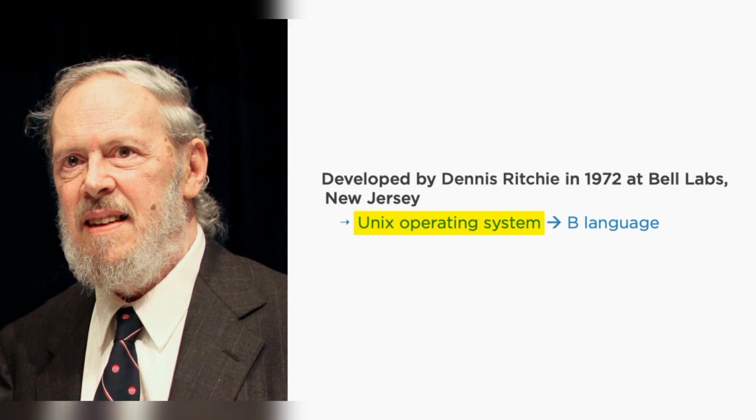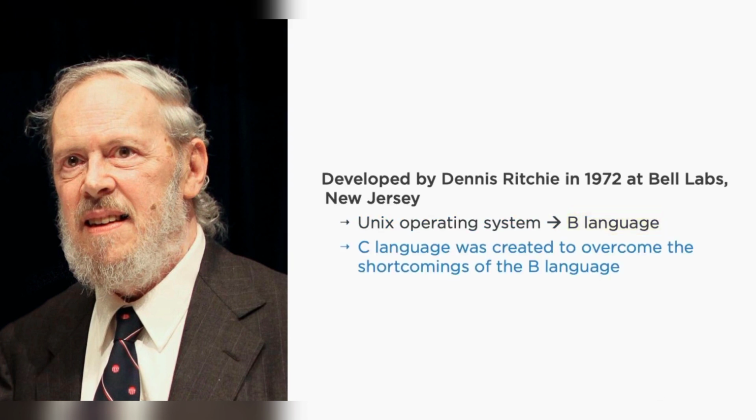And most of the components of Unix operating system were written in B programming language, which is a programming language that existed before C language. But this B language was really slow, and in terms of performance, it could not meet the expectation of Dennis and his team. So in 1972, Dennis started working on improving the B language, which eventually resulted in the creation of C programming language. So this is how the C language was created. And almost the entire Unix operating system was then written in C language.